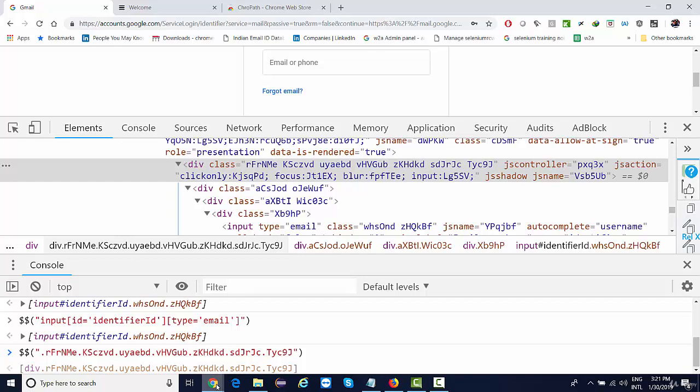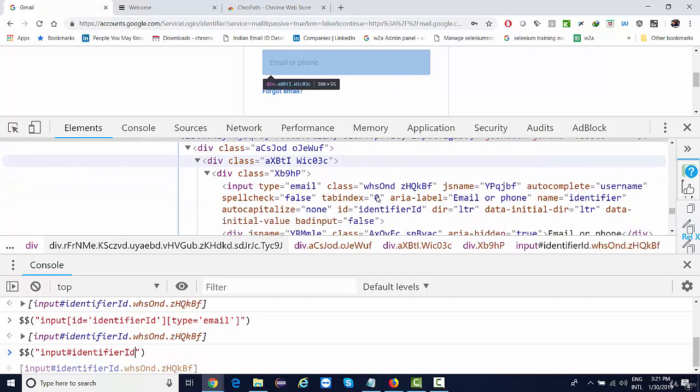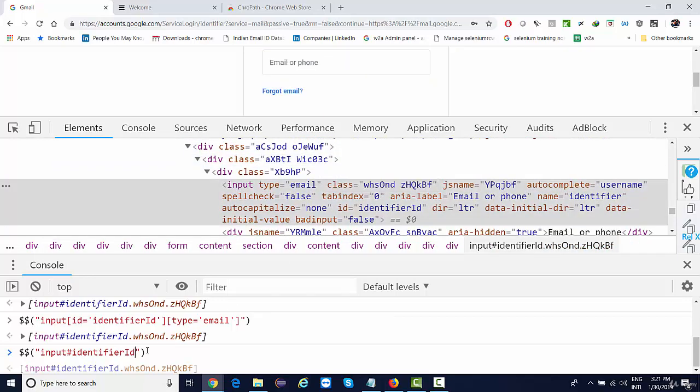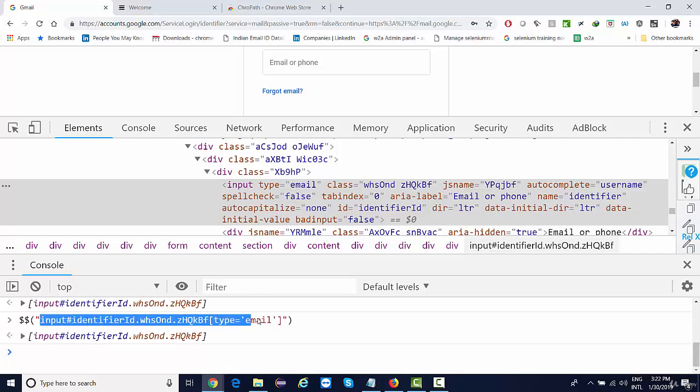So this is what the CSS of this element looks like, right? This is how you're going to form it. Tag name is just the tag name. Hash is the identifier ID. And with this identifier ID, this element has a class as well. This is the class, so I can say dot and the class. And if you want to concatenate any attribute, you can say type equal to email. So this is how you'll form a unique CSS for this element,